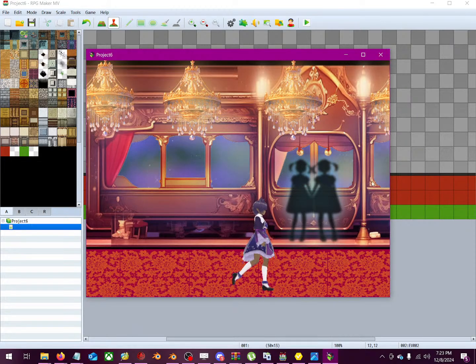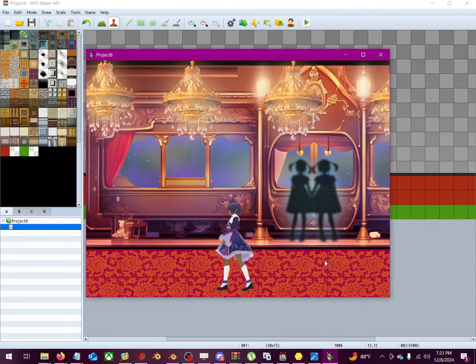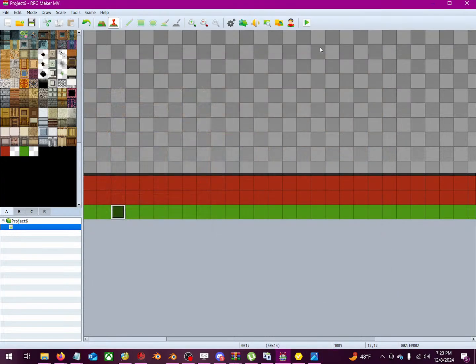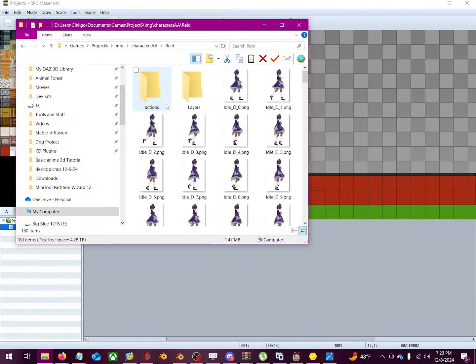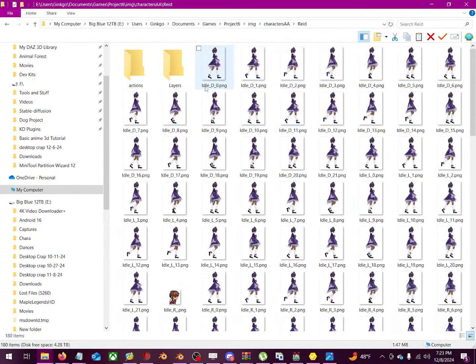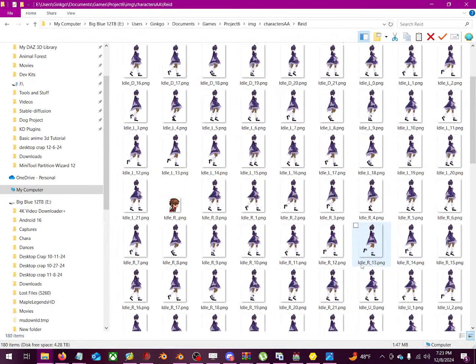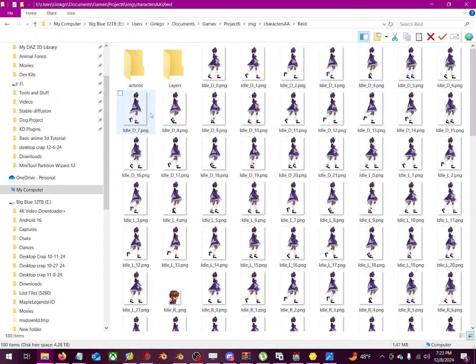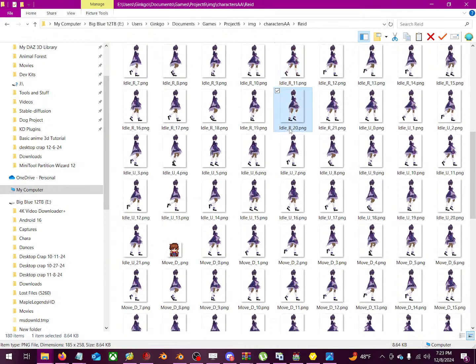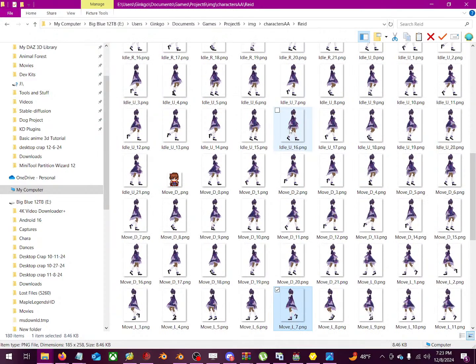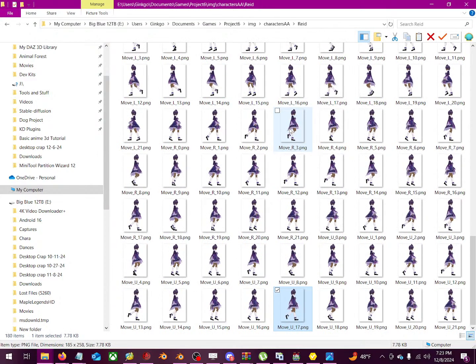Okay, so let me explain this plugin. What this plugin does is that you have a folder, and inside of the folder, let me see, where's the image, character A. I use Vroid. So inside of here, you have a folder with the name and the action of the sprite and what it's doing. So you need a frame for the idle, a frame for moving up. Well, idle up, down, left, right, move up, down, left, right, and it'll just play it no matter how many